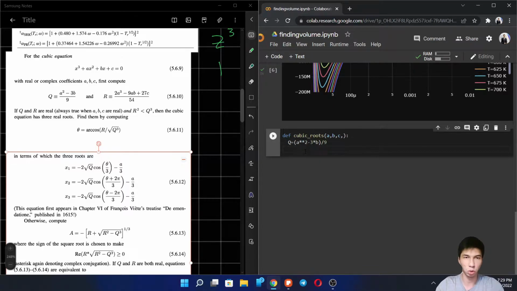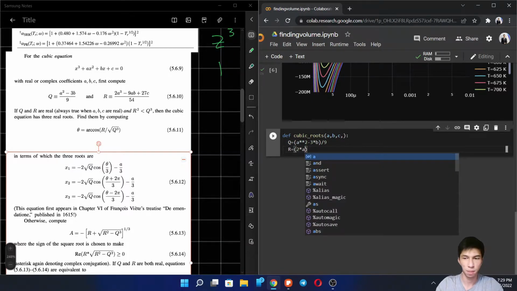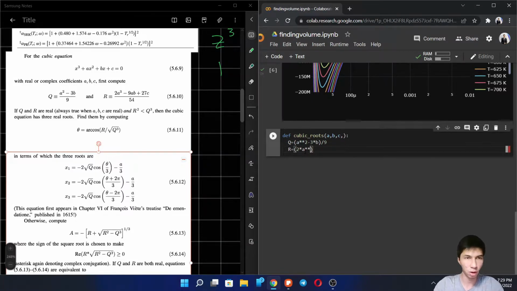So this is our q, and for the r, we're going to say that it's going to be 2 times a raised to the power 3 minus 9 times a times b plus 27 times c, and it's divided by 54. And for our theta,